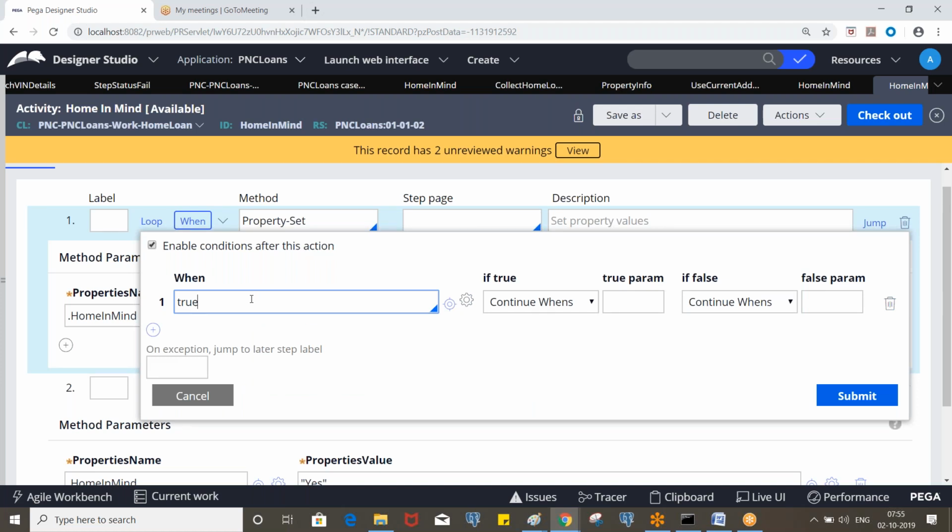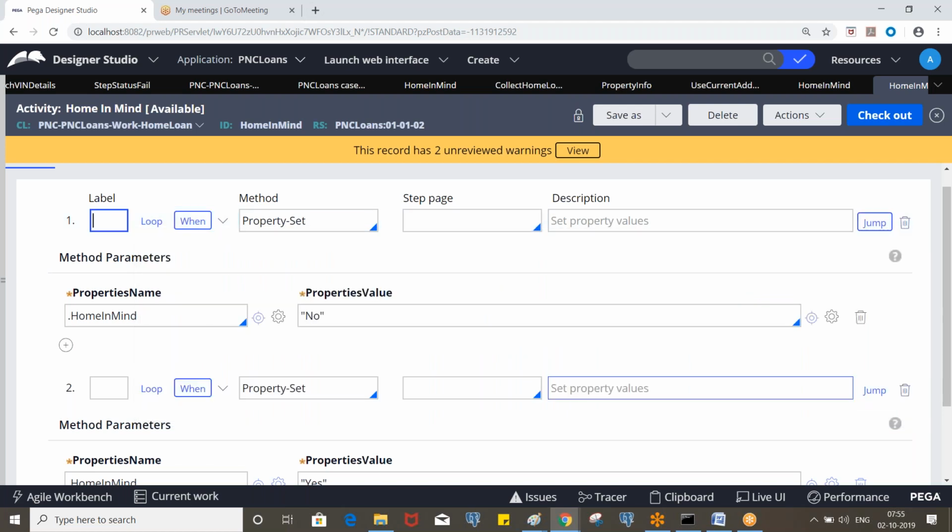If the first step is executed, we don't need to go for the second step. Okay, so exit activity. Even if you are not putting this, nothing will happen. It will work. But in order to avoid multiple step execution, we can handle it this way. Okay. Any question?